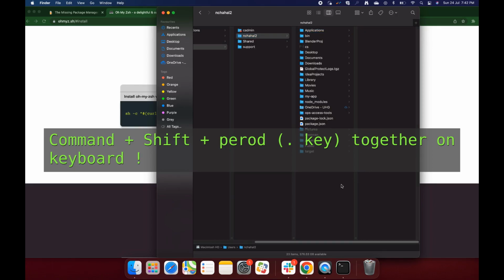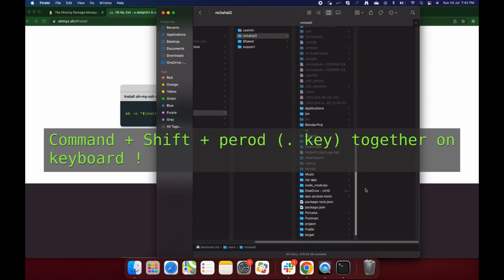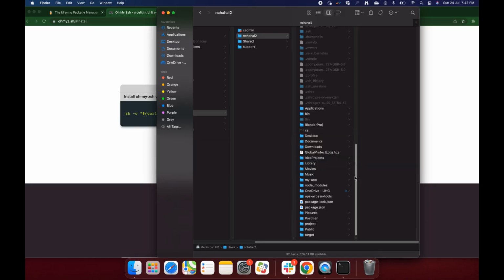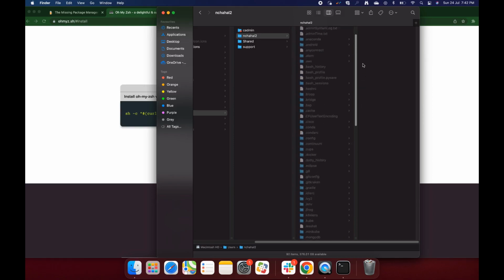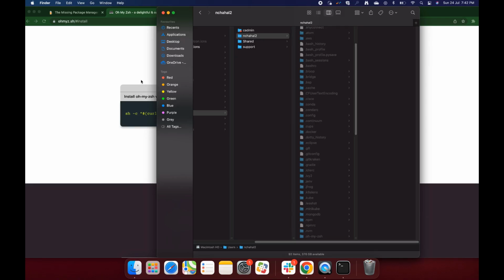Command shift dot. With Command plus Shift plus dot, you will be able to see hidden files. Press Command Shift and then the dot, the full stop, which on most keyboards is the key below the greater than symbol. Okay, so now after running the Oh My Zsh script which we downloaded from this curl command, you will be able